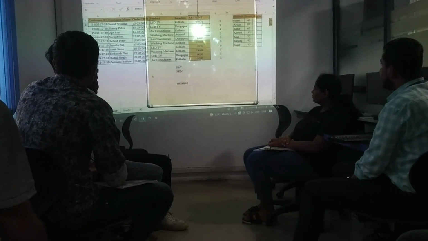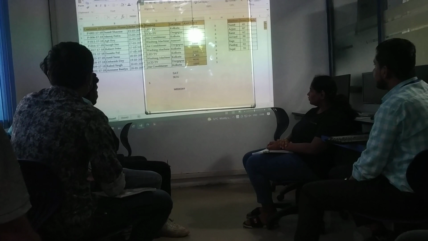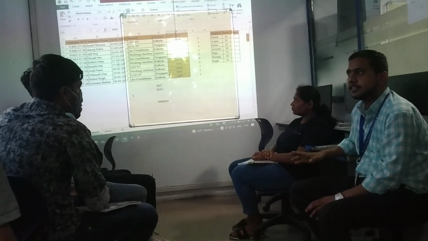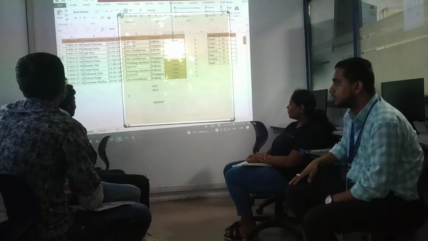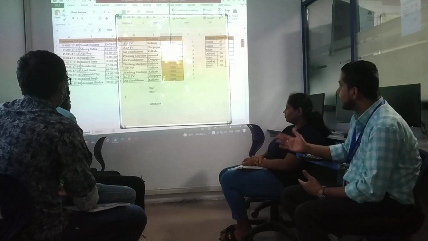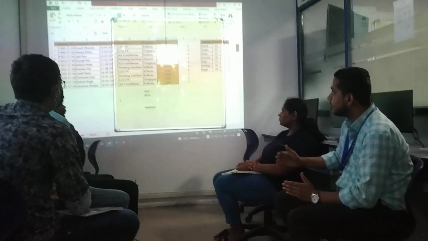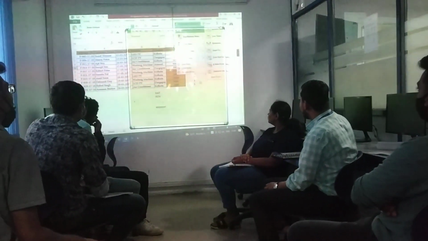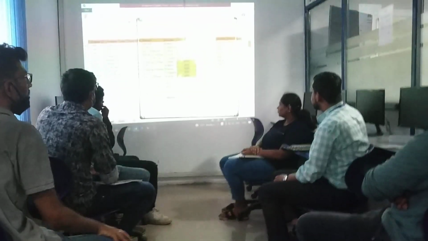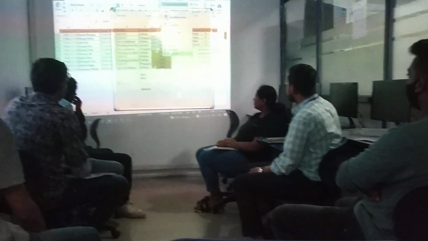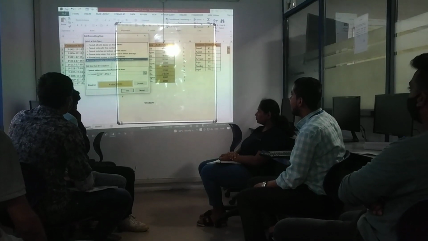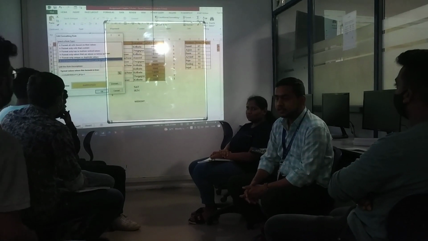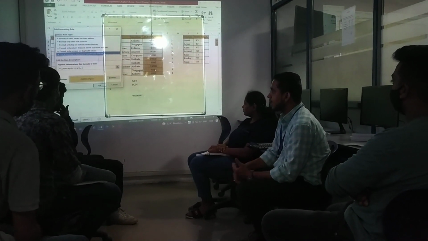So 49 is coming 2 times, 3,000 is coming 2 times, 74,000 is coming 2 times, 9,000 is coming 2 times, and 1,000 is coming 2 times. So all the duplicate values we can highlight in the conditional format. So in this way, either we can use the duplicate option from the conditional formatting from here, or else we can use this formula. We can highlight the duplicate data. So this is all about the conditional formatting.